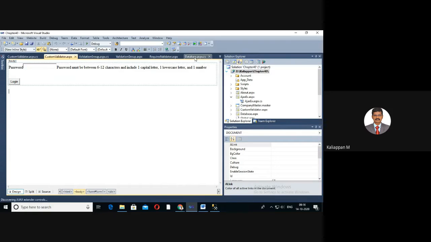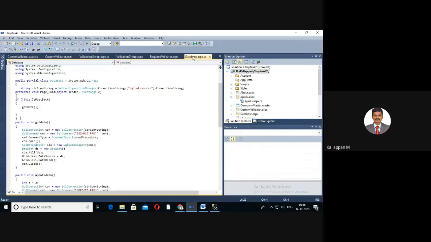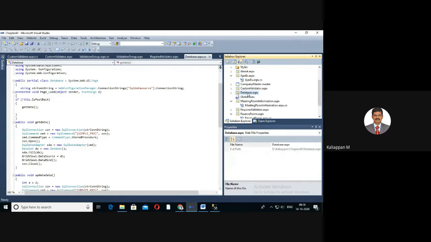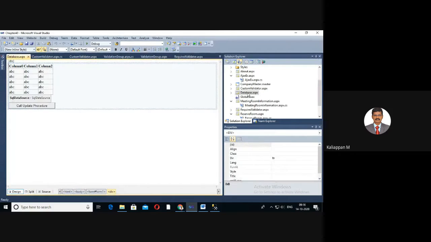Here I have created a web page called database.aspx. We have already discussed how to create a connection string to the database in the ADO.NET topic.